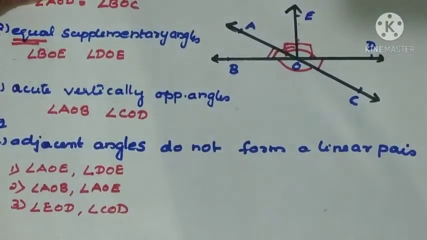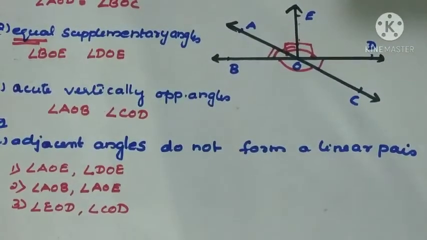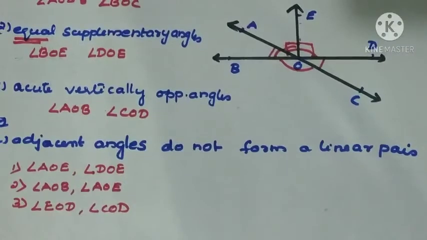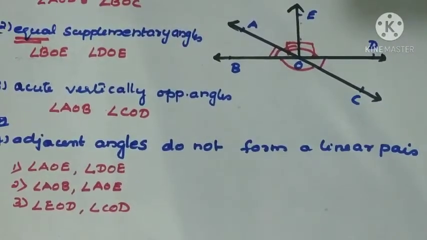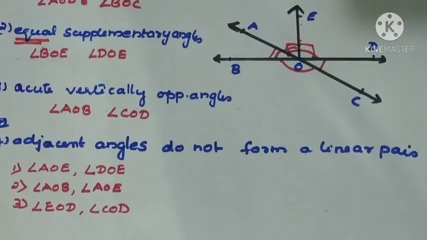Adjacent angles that do not form a linear pair. I think whatever concepts we have explained till now are very clear to you: adjacent angles, linear pair, supplementary and complementary angles, then vertically opposite angles. The next topic we started is parallel lines. In the coming class we are going to learn about the angles made by the transversal when it cuts two lines. That is also one of the important topics. But today's class I am winding up here. Practice more and thoroughly revise this chapter. You can do any sums based on this concept. Thank you.